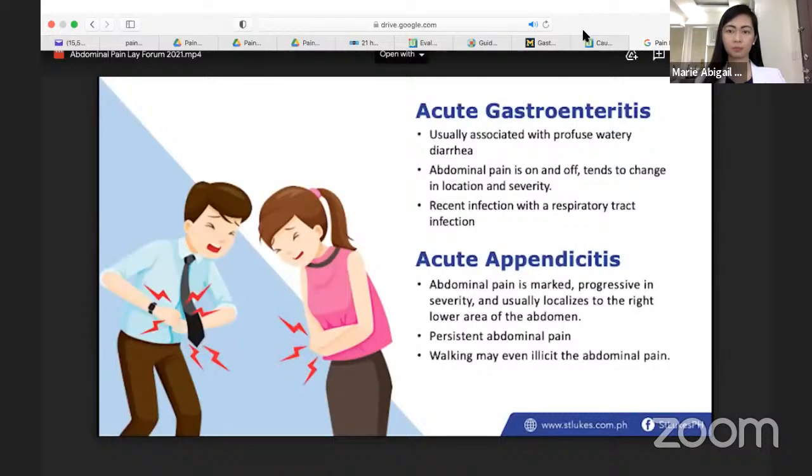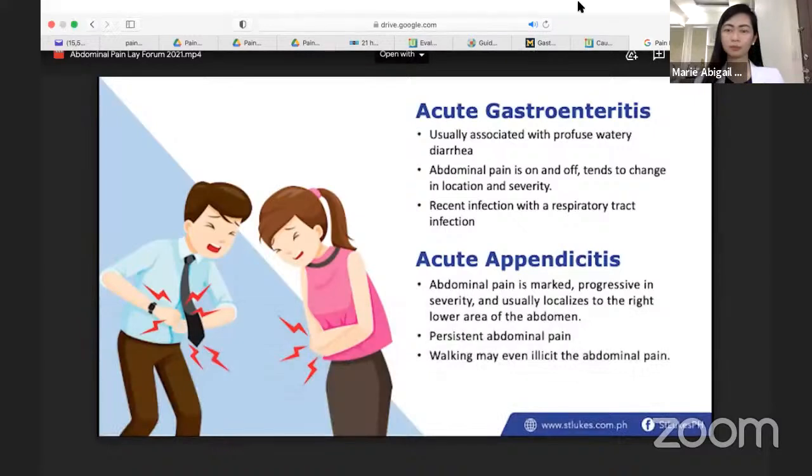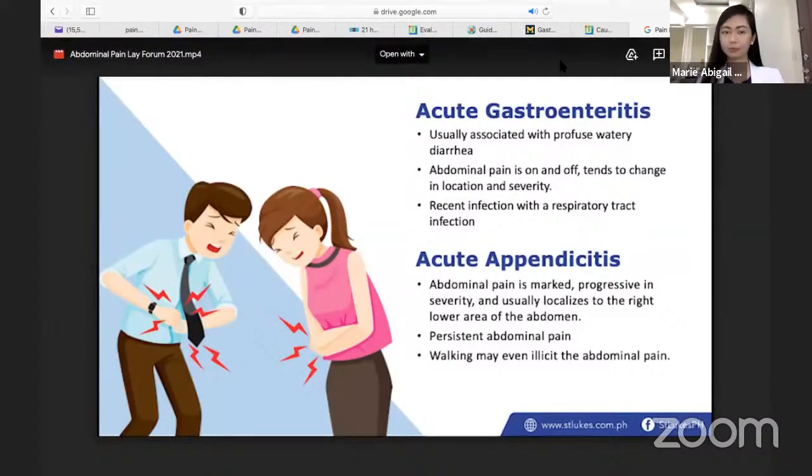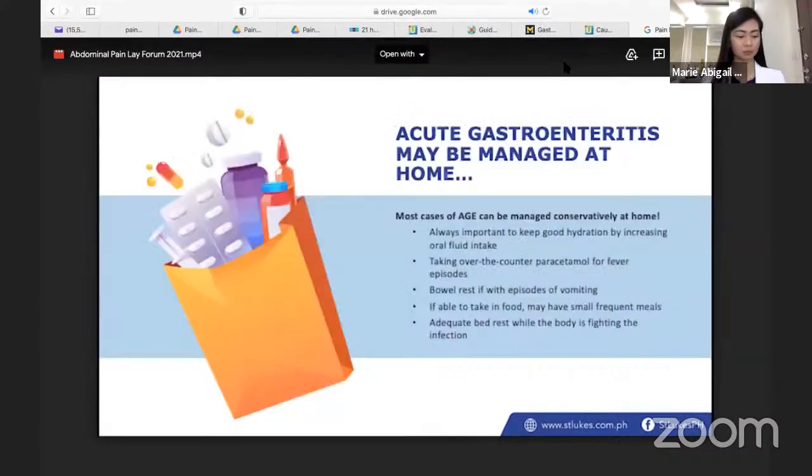Major differences between viral gastroenteritis and appendicitis are the profuse watery diarrhea associated with cramping, intermittent abdominal pain inconsistent in location in gastroenteritis, versus the much more severe, progressive, and persistent abdominal pain that usually localizes to the right lower part of the abdomen in appendicitis. In addition, viral gastroenteritis is often associated with a previous or ongoing respiratory tract infection. Most cases of acute gastroenteritis can be managed conservatively at home. To do this, take note